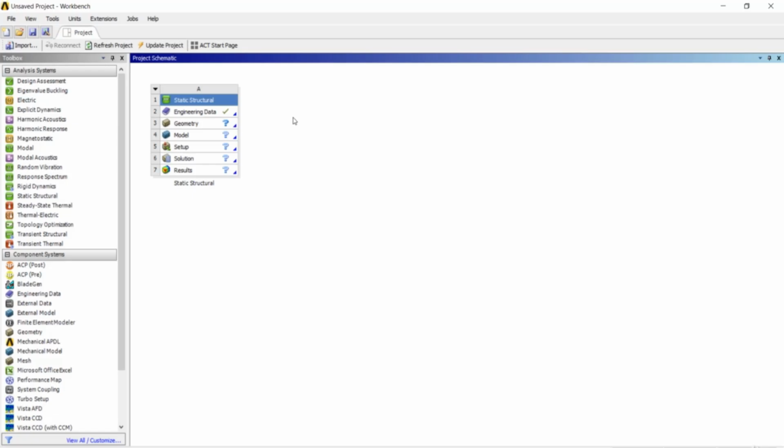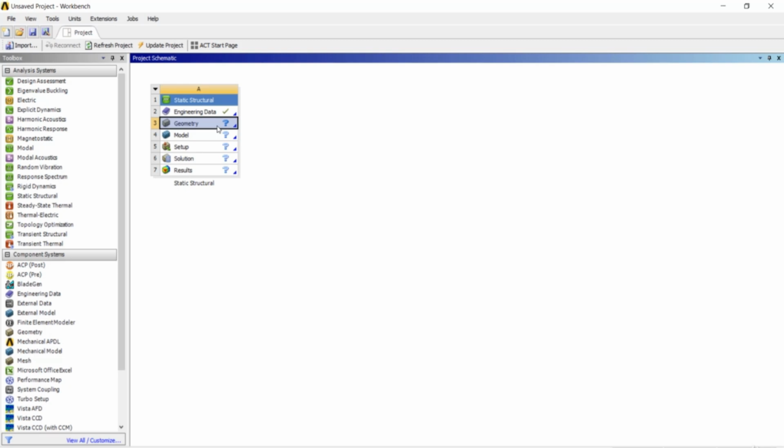By default, for every problem, structural steel is the material applied in the ANSYS Workbench. So right now we can just continue with that default material, which is the structural steel material. In this problem I need not give any engineering data or material properties for performing the simulation. Then coming to geometry, I can create my own geometry in the design modeler,